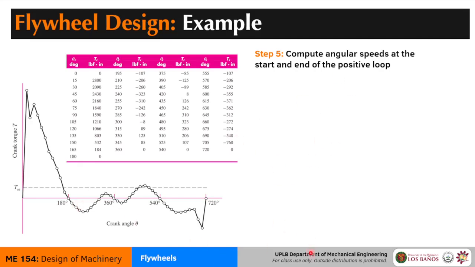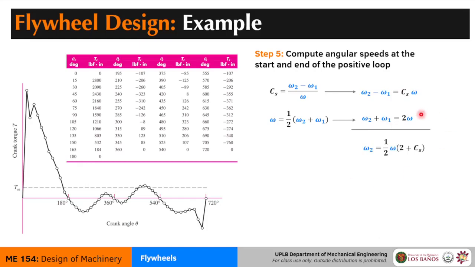So to do that, we actually have two equations involving omega 1 and omega 2. That is for the speed fluctuation and the nominal angular speed. Rearranging these equations, you actually get a system of linear equations. From here, you can just add these up and you'll get the definition of one term in particular, that is omega 2. And by assuming that omega 2 is already solved, we also get the expression for omega 1. So by inputting these, you get the following values.